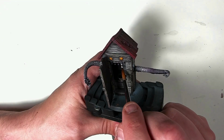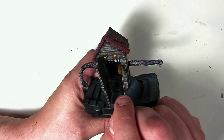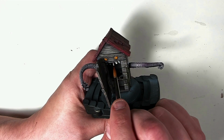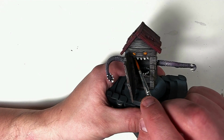Now going for the teeth, we're starting with bone white, and it's quite a thin color, this Vallejo bone white. So this is gonna need a couple of layers, well, 3-4 layers to get a good opacity. And after we've put down those 3-4 layers, we're going in with a strong tone again,